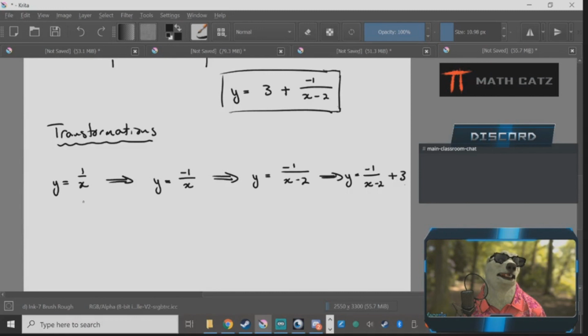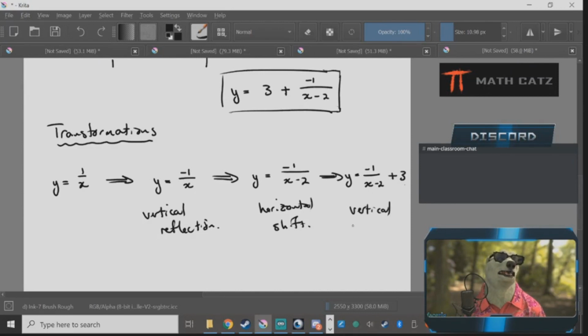So what are the graph transformations? Let's just talk through them. I have a reflection. It's vertical, right? Vertical reflection. Let's write that down here. Vertical reflection. Then I have a replacement of x with x minus 2. So that is a horizontal shift by 2 units to the right because it's x minus 2. And lastly, I'm adding 3 to the right-hand side, making it a vertical